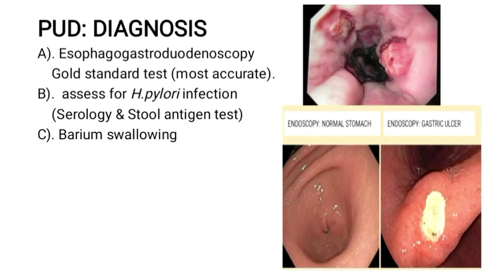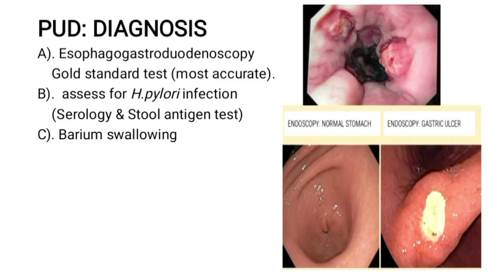This is the normal lining, but here this is an ulceration, and here it can be viewed well. But we can also assess peptic ulcer disease by assessing for